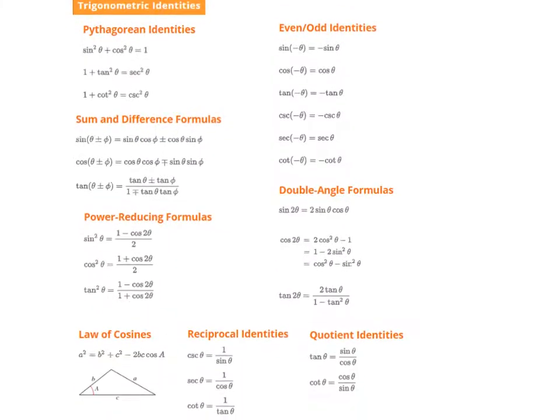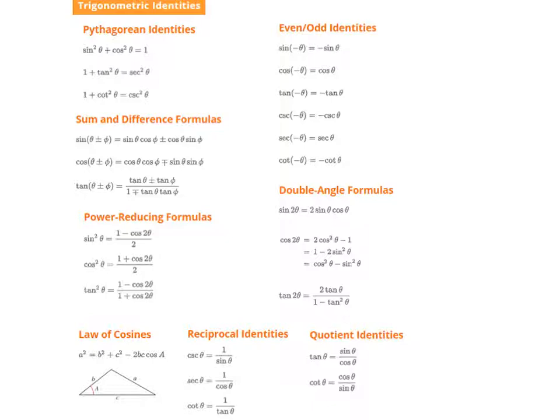One thing that you're going to use in a Calculus 2 course without a doubt is the power reducing formulas. You have sine squared theta equals 1 minus cosine 2 theta over 2, and cosine squared theta is 1 plus cosine 2 theta over 2. Tangent squared theta is 1 minus cosine of 2 theta over 1 plus cosine of 2 theta. These power reducing formulas are extremely important when you're trying to find derivatives, or actually more important when you're trying to find